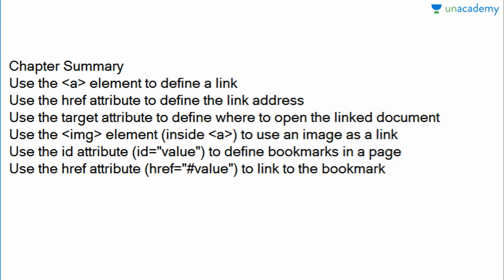Now let us study about the chapter summary that we have studied today. First, we have defined what is a link and how we can make a link. We have studied about the syntax of the link. We have defined what is href and how to combine the link address. Then we have studied about target attribute, how to open a third party link. Then we have studied about how to set image as a link, like you want to click on an image and it acts as a link and a new document opens. How we can set that, we have studied about this.